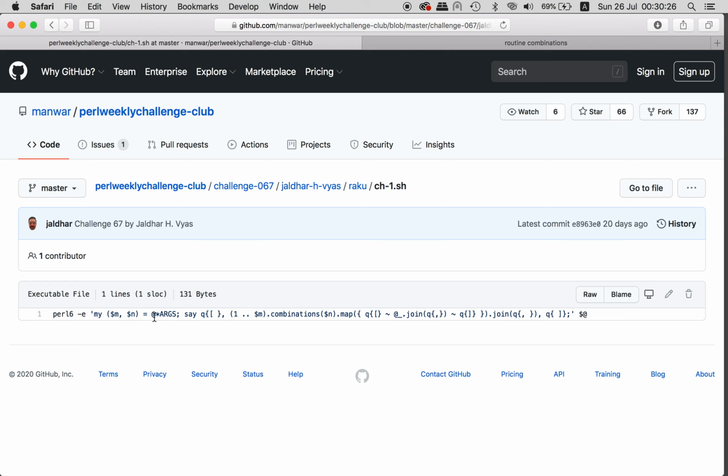Right, so yeah, also an interesting construction just to get the values from the args global variable. Is it called global? Yeah, but it's homework again for you. Then these combinations, then we map, we do something with, you see, this q and curly braces instead of just quotes here as well. Yeah, it's a lot of curly braces, but then we see that we can